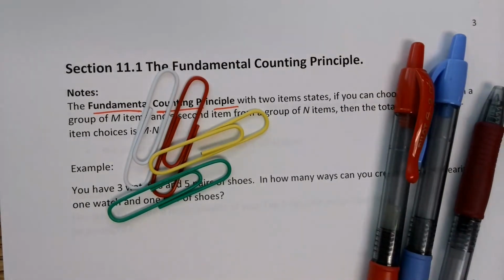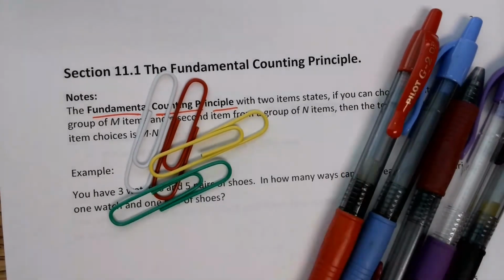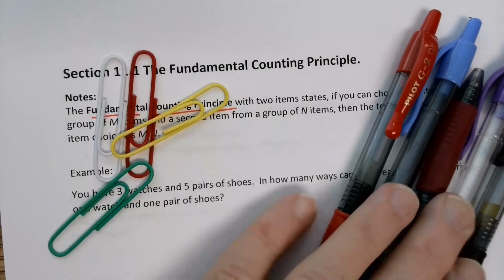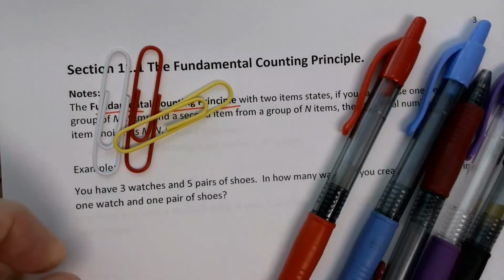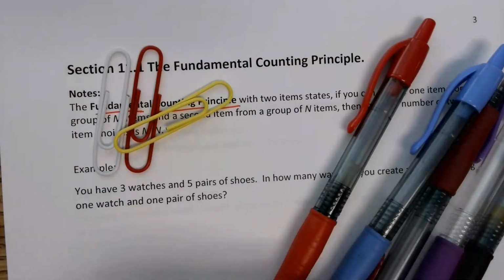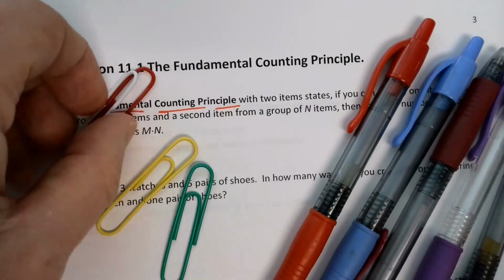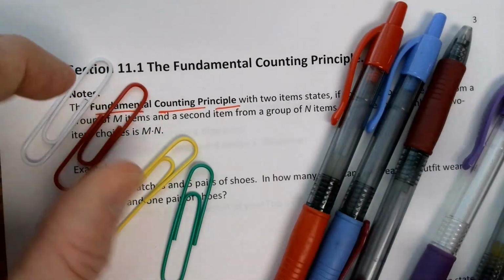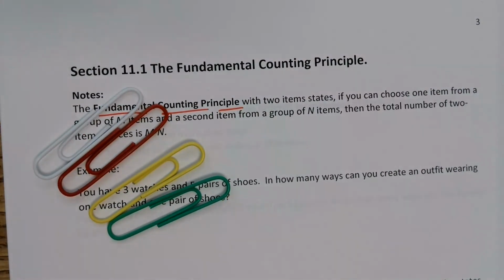All right. So how many different combinations can I make? I can say if I've got one from this group and one from this group, I can go green, red. That's 1. Green, blue. That's 2. Green, maroon. I can go yellow, black. I can go red, purple. Okay, so you can sit here and go all through those combinations, and it takes you forever to do it. Or you can just use the fundamental counting principle and say